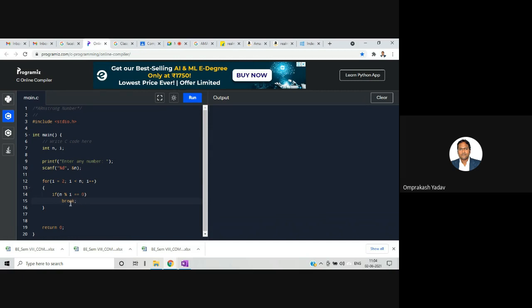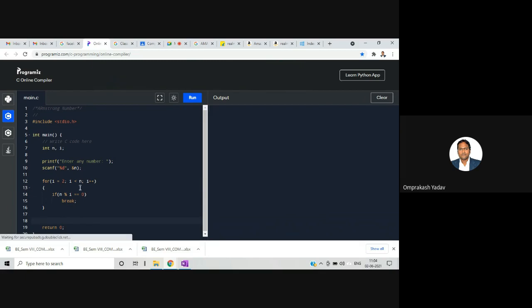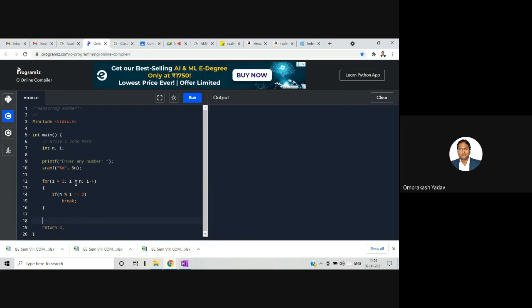There is no need to waste time, so we can save our time. I also explained that if it does not go to this break statement, then the number is a prime number, and it will finally reach that number. For example, 7 will not be less than 7, and at that time the loop will terminate by itself. So when the loop terminates by itself, I will have the final value, that is n.